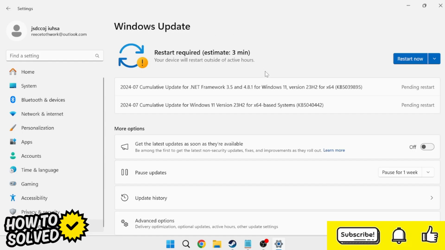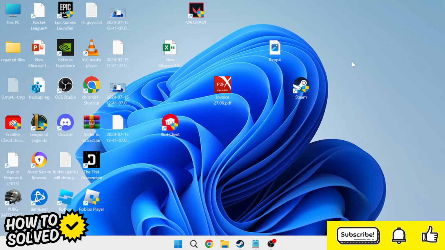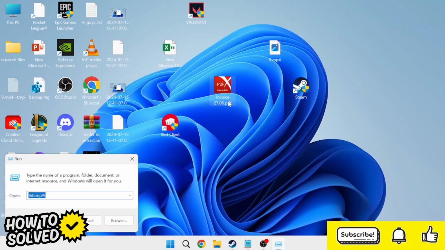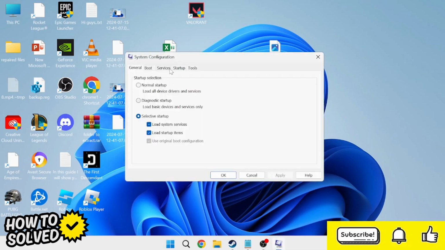So once you've installed any pending updates inside of here, we can just close out of this window. And the next thing you need to do is head back over to the Start menu, and we're going to search for Run and then just tap on the Run icon. In the search box, we need to type in msconfig and then hit Enter,